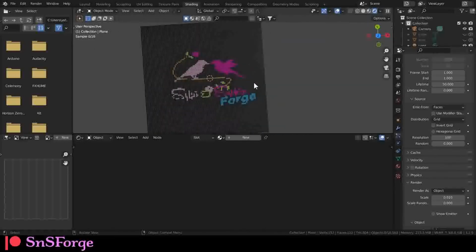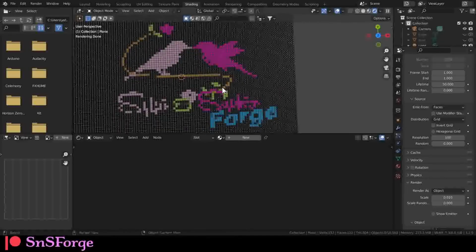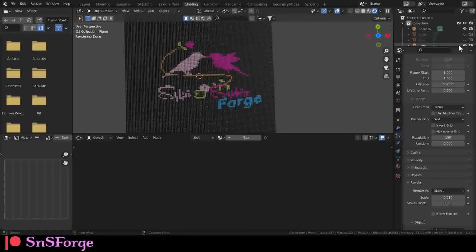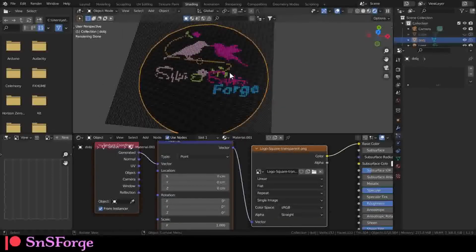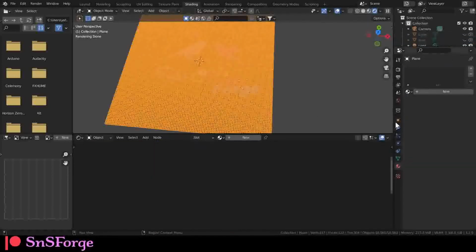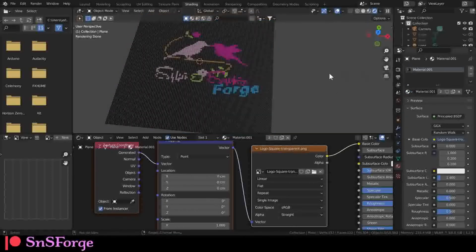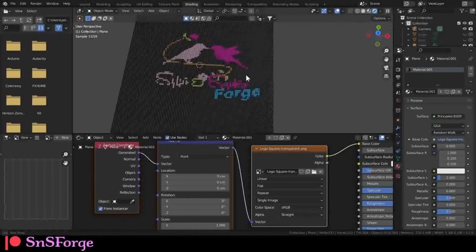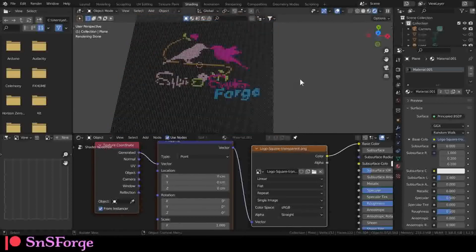So from afar, let's turn this one off. From afar you can see your logo. If you want, you could resize, like scale. Let me show you how to scale that. You need to select the original. Actually, there's a much better solution. Just use the same material. So you can just click here to make this one appear, or just click the pin here, so that